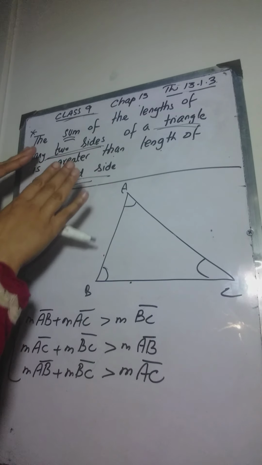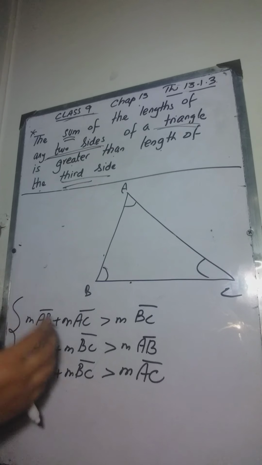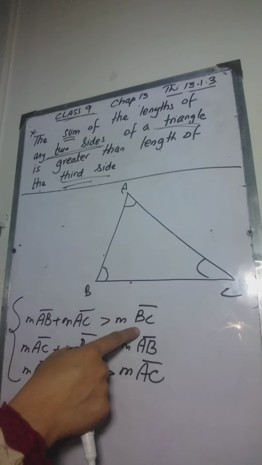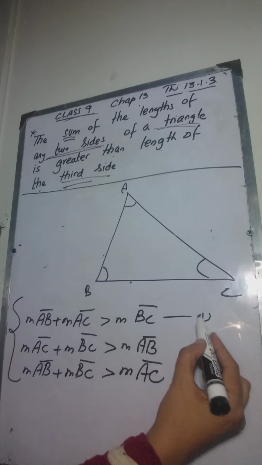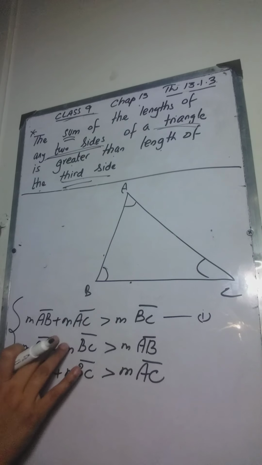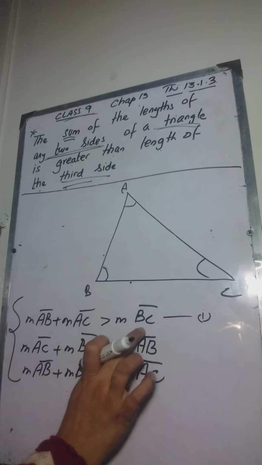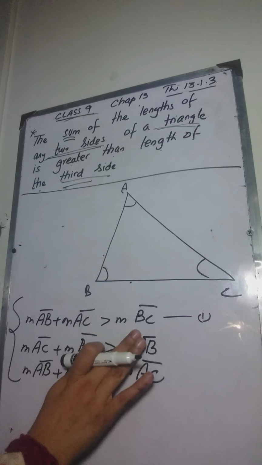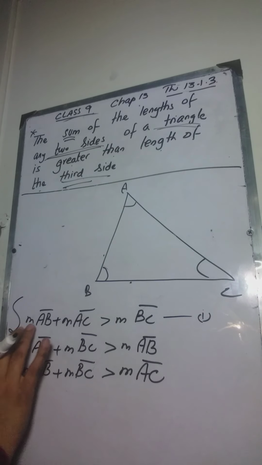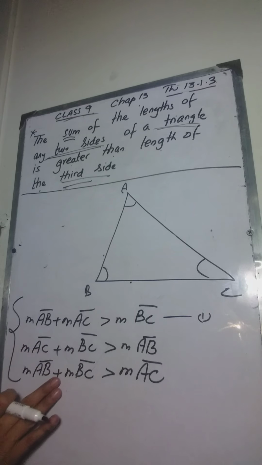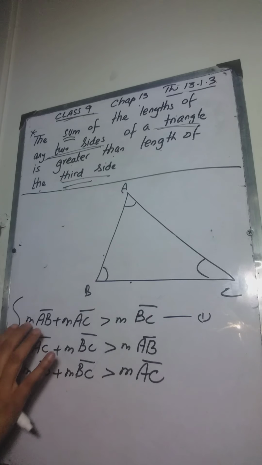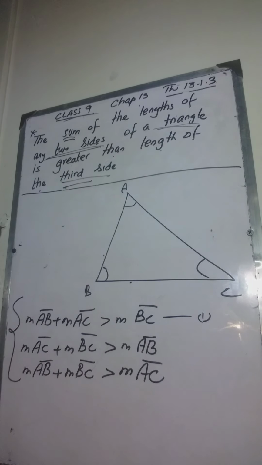So you are taking two sides, adding them up, and you are saying that it is greater than the third side. We have to prove these three statements. Now we are going to prove the first statement, and the proofs of the other two are exactly the same, so it will be enough to prove one of these statements. I will take this statement because in your book they have proved this one. In the same way we can prove the second and the third, but we don't need to prove that. One will be more than enough. So let's start the theorem.